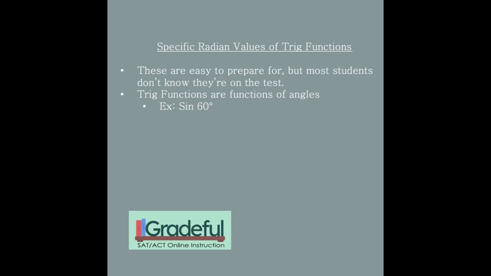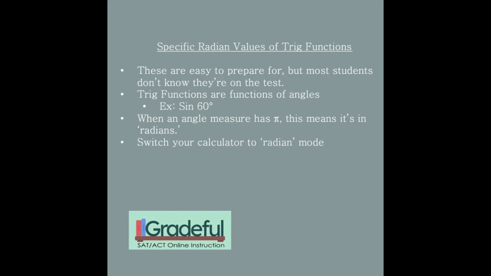Trig functions are functions of angles. So if you hear find the sine of 60 or the sine of pi over 2, the 60 and the pi over 2, those are angles. And if an angle has a pi in it, that means it's in radians. Radians and degrees are like two different languages that talk about the same thing. To differentiate between them, if there's a pi anywhere in there, that's a signal to you that you're dealing with radians. In that case, you're going to switch your calculator to radian mode